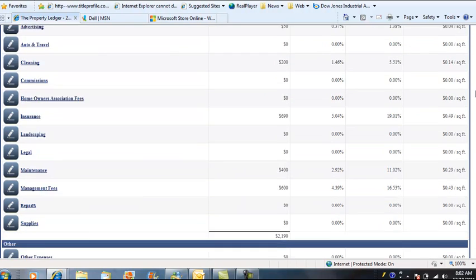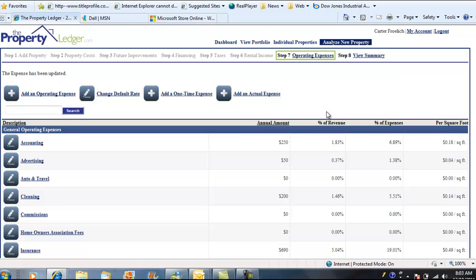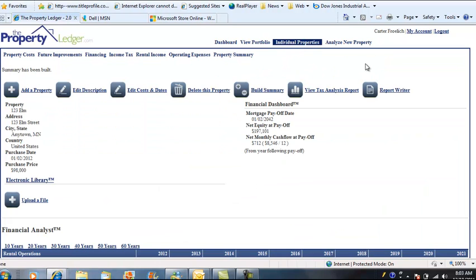The property summary is nothing more than just that. It summarizes all of our inputs and shows us what our financial returns will be. We have here all of our property information, the name, location, date purchased, purchase price, and the financial dashboard over here shows when that mortgage will be paid off, what the net equity will be at payoff. In this instance, the house will be worth $197,000. And on a monthly basis, this home will be generating $712 in net income to us